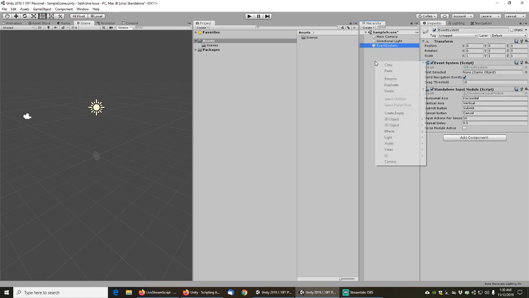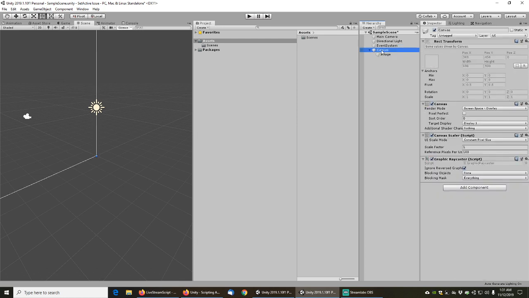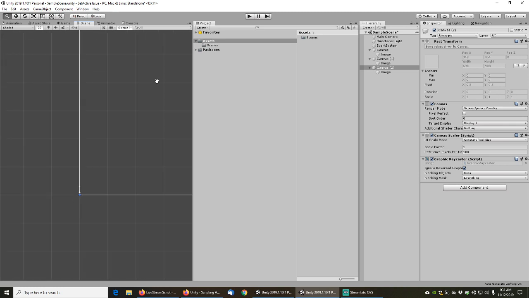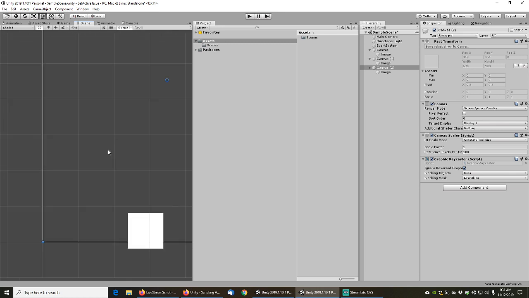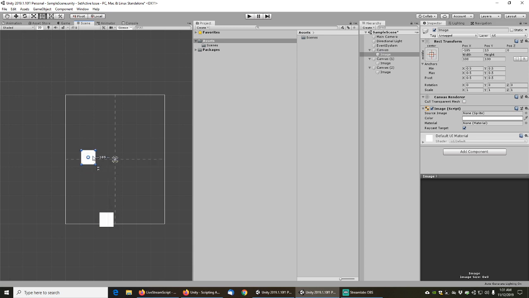So we're going to create an event system here, and then we're going to create a couple images basically. That will create a canvas for us automatically, which is what we want, and then we're going to go ahead and duplicate this. So Control D, and now we've got two canvases with three images. Let's pop this into 2D, zoom out a little bit here, and then we'll line all three images up side by side. So we have image 1, image 2,